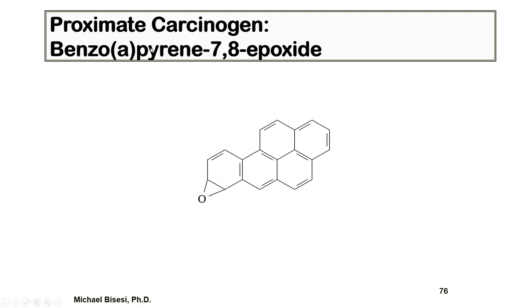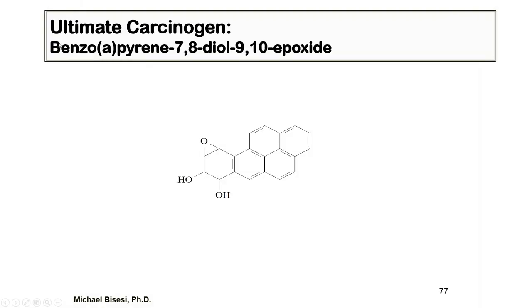So it's no longer simply benzo[a]pyrene, it has the 7,8 epoxy ring, and that's the proximate, and ultimately that can change even further into the ultimate carcinogen, and this is the active form that can initiate that genotoxic event. And then again, a promotion and progression of those changes can result in the invasiveness and the metastasis and so forth associated with carcinogenic events.